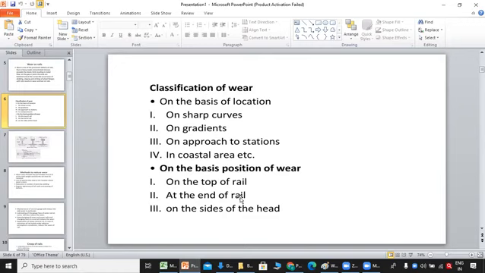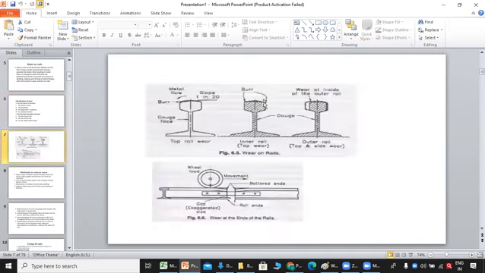If the flange of the wheel strikes the rail, ठीक है, जब व्हील फ्लेंज रेल के ऊपर स्ट्राइक होगी तो ऑब्वियसली साइड को वो डैमेज करेगी, ठीक है, ऑन दी साइड्स ऑफ द हेड। एक तो टॉप पोर्शन में होगा, वियर कहाँ पे होगा, एक तो टॉप पे होगा, या फिर ये जो साइड है, इनर साइड है, ठीक है, यहाँ पे आपको वियर फॉर्म होते हुए